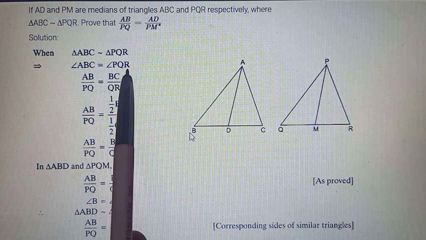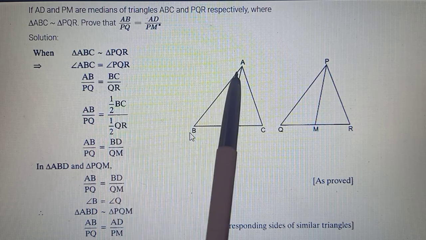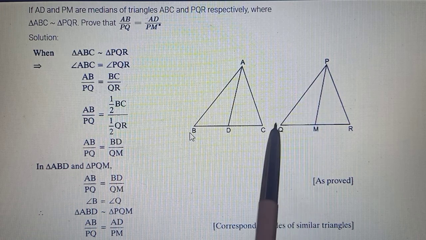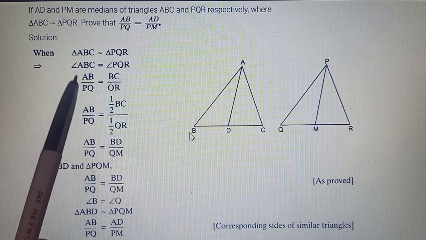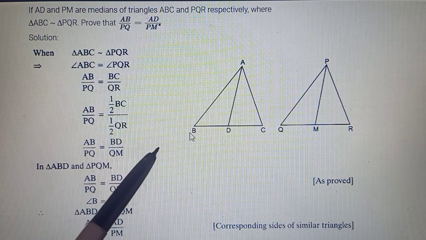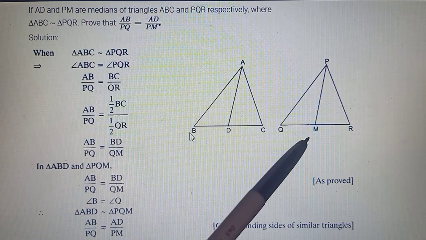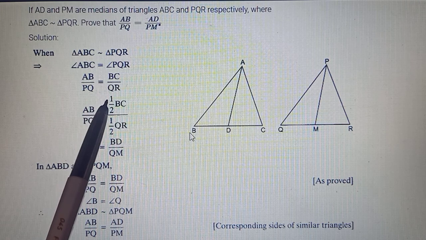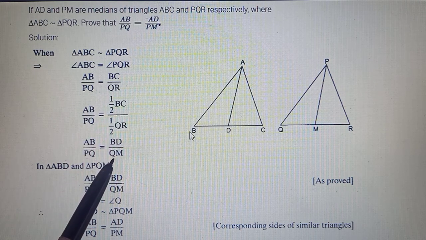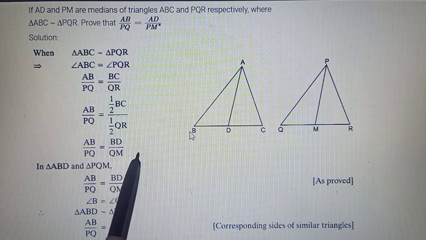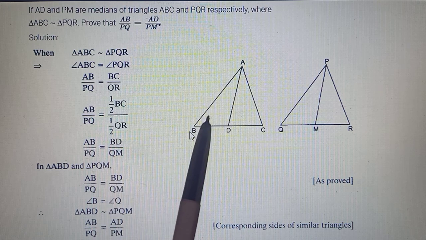Okay, so we are just interested in that angle. We quoted only that much. Actually all angles are equal, and in proportion also we are taking the included side. Okay, AB and BC are in question. So this proportion and this equality are because of the similarity of the given triangles. And now again, if this is a median, D and M are midpoints, so again what can you write BC as? Half of BC will be BD. So if you take half of these ratios, then half of BC can be replaced by BD and half of QR will become QM.